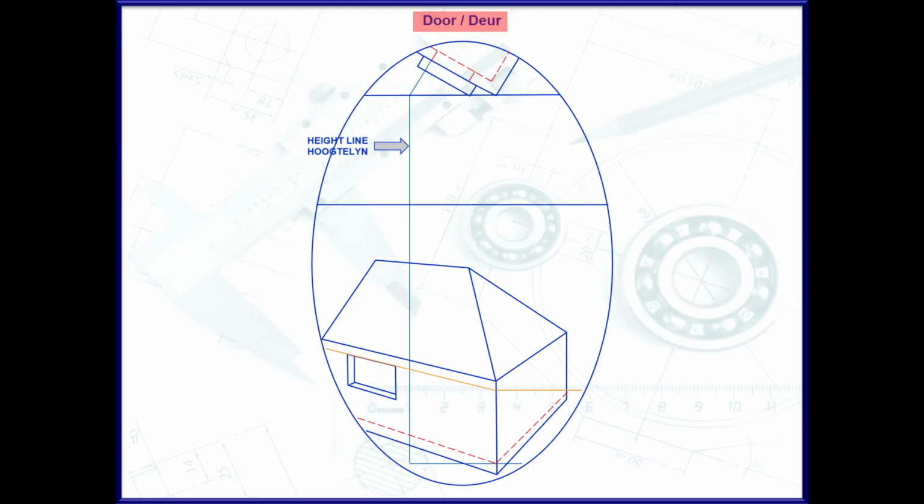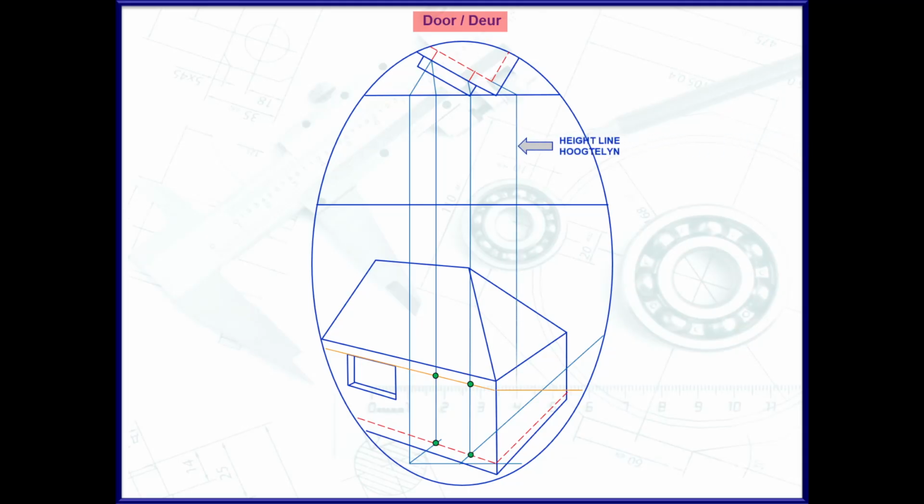Where those two points intersect, I will project it towards my right hand vanishing point. To find my point in perspective, I will project down towards the station point till it hits the picture plane, 90 degrees down towards my perspective to get my top and my bottom point for my door on the left. To get the points on the right hand side, I will project towards my station point till it hits the picture plane, 90 degrees down towards my perspective, and then I'll get the top and the bottom point on the right hand side.